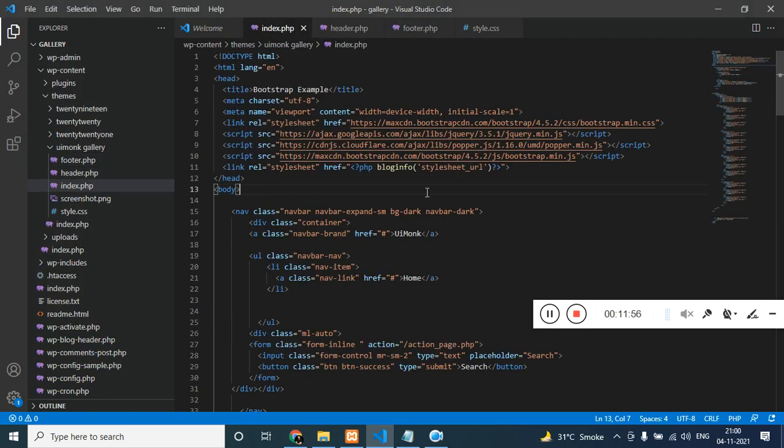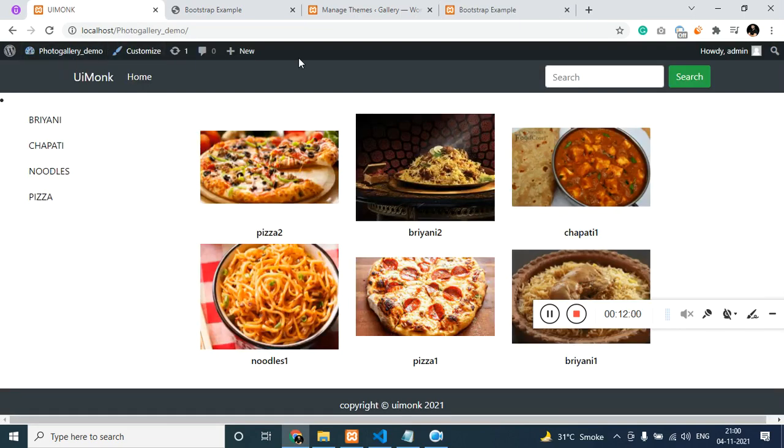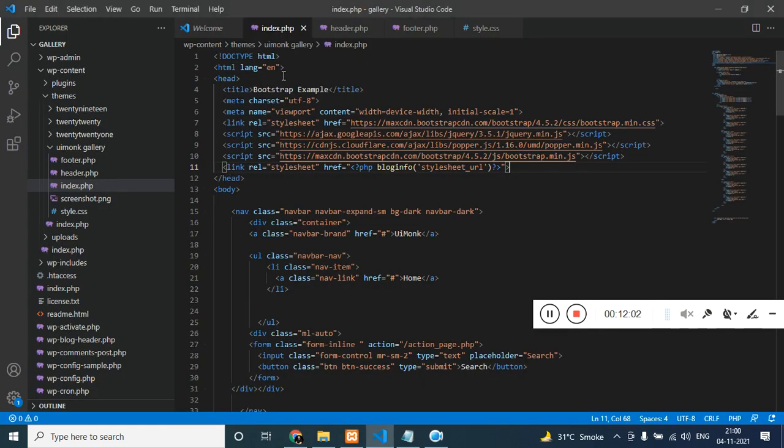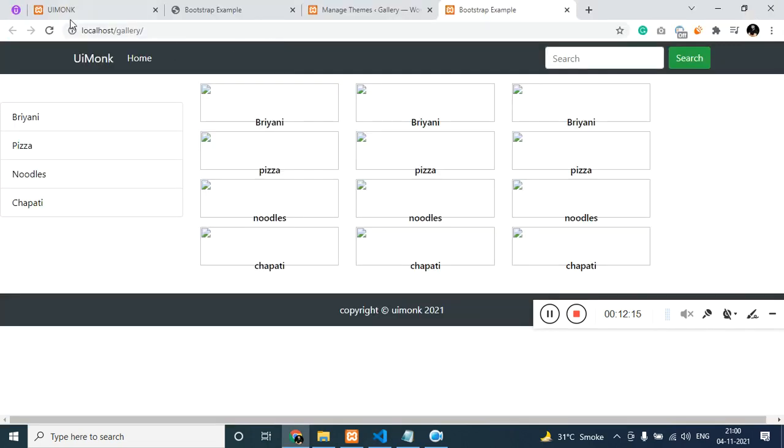Now in the header and footer, we need the top bar. You can see the WordPress has the top bar. We want that. So for that, we have to have a function, php wp underscore head. So this is the function which will output this admin bar.